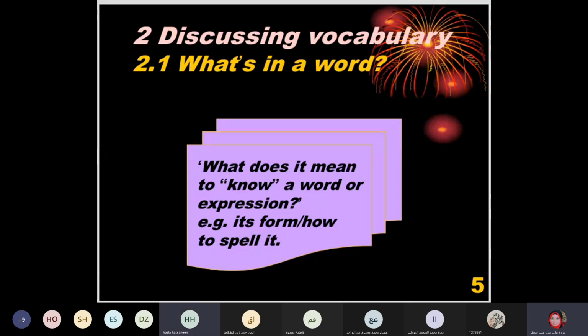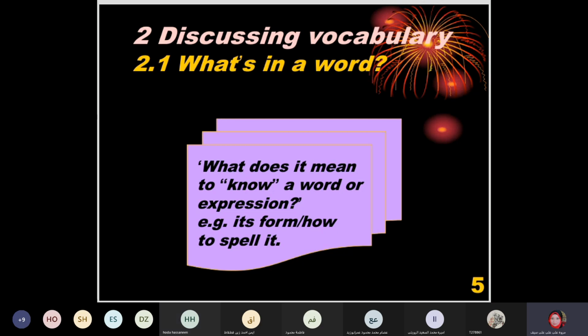Miss Marwa, yes, excuse me, but I think it depends on the person who says this phrase. If it is a student or if it is a specialist, for example, in syntax, when I know this word in syntax, I know the category in morphology, okay? It depends on the person who says this sentence. I know the word. Do you understand me? I understand you fully, and you touched on a very important point of our session today, which is